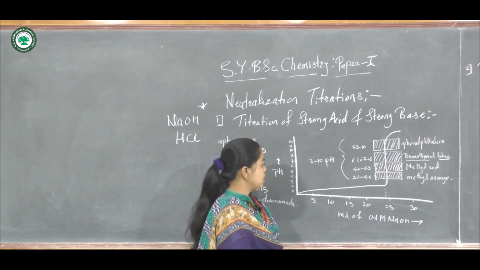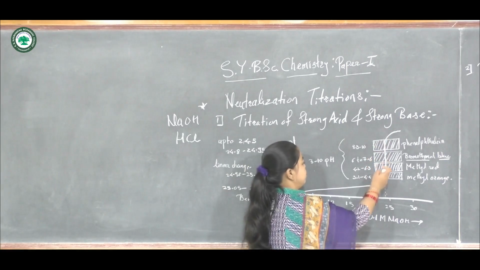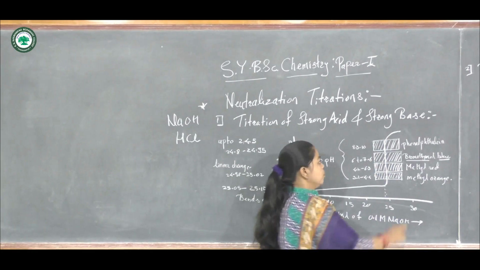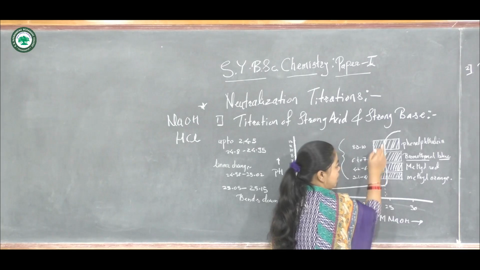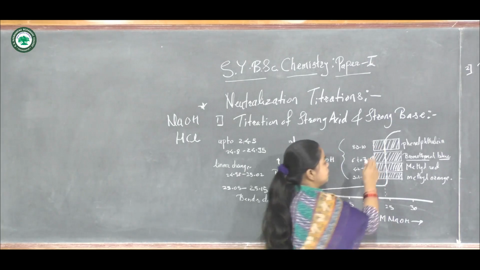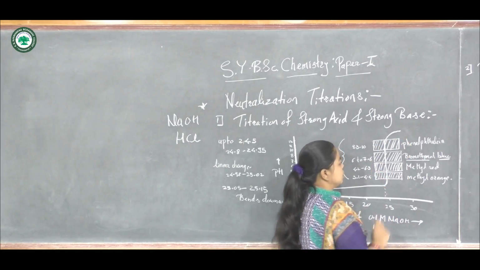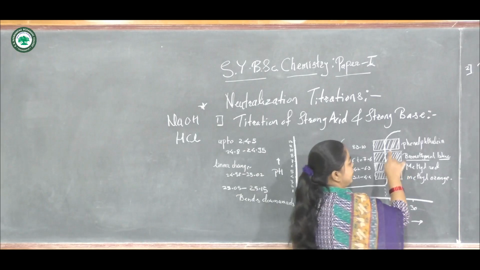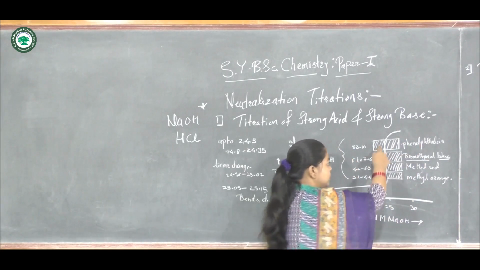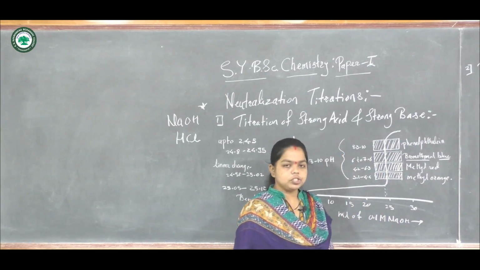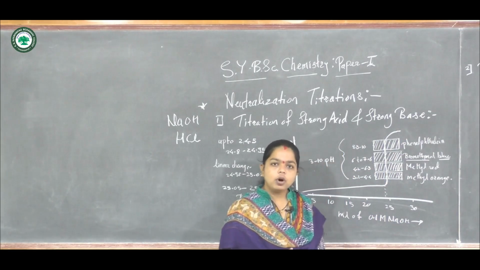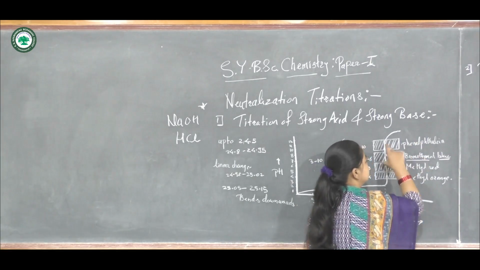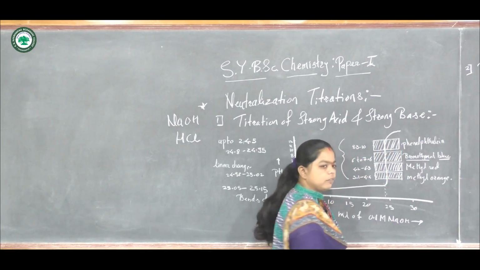Now let us consider the transition range at the equivalence point or the end point of the titration. It is nearly 3 to 10 pH units. Within this we have placed boxes in graphical manner. These are nothing but the transition ranges given for the corresponding indicators. Whatever pH transition range is given for the indicator, all these indicators will come under this pH range of the equivalence point.